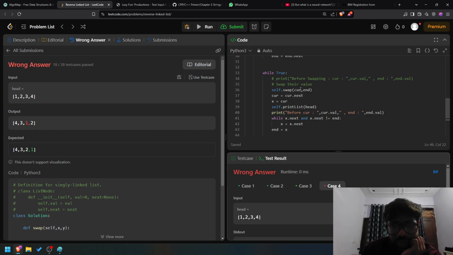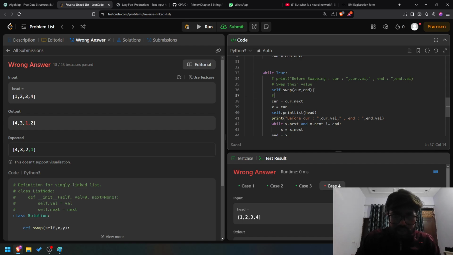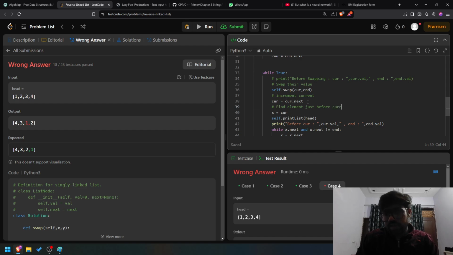Almost. Okay, we swap it. Drop the value. Increment current. I go find the element just before end. See, I said